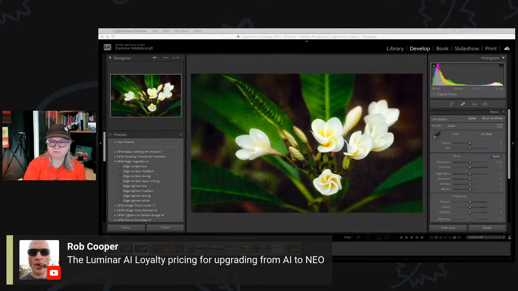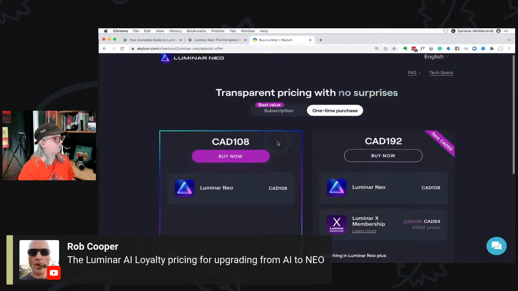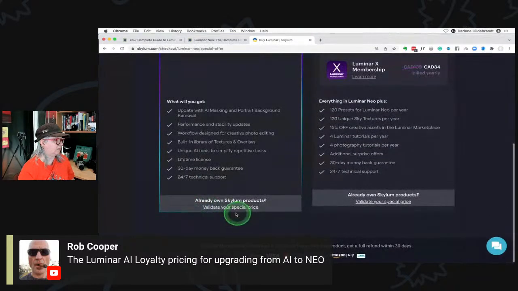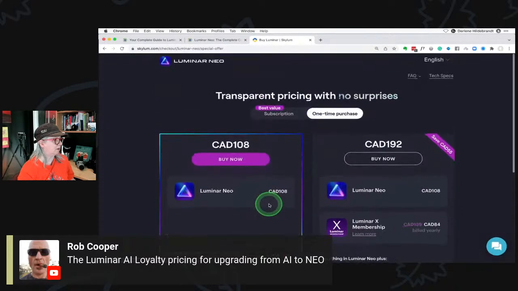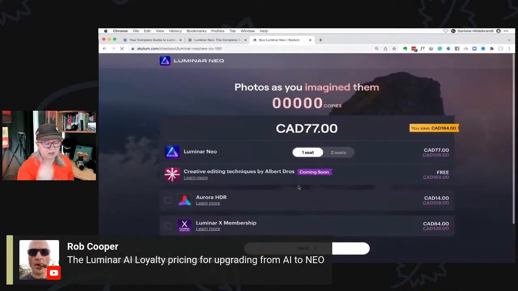Yeah, if you are upgrading from Luminar AI to Neo, when you get to the order page, there's a thing at the top that says, get your pricing. If you click on buy now, there should be a thing right here. It says, see if you already own a Luminar or a Skyline product, validate your special price. My prices are shown in Canadian because that's where I am, so it will show in your currency. But if you already own something and you have a Skyline account, just click on that and you'll see a